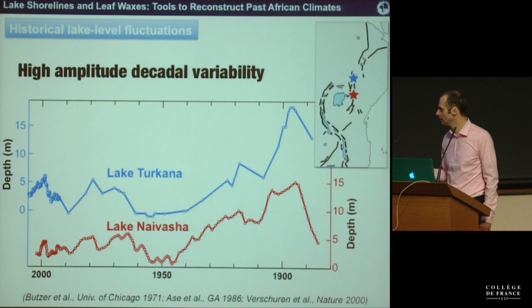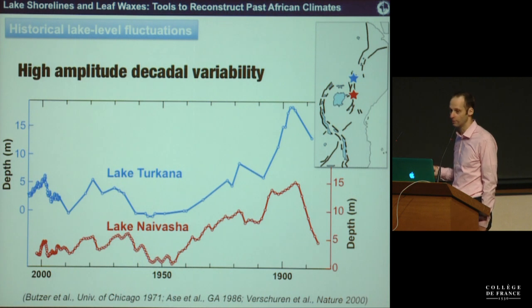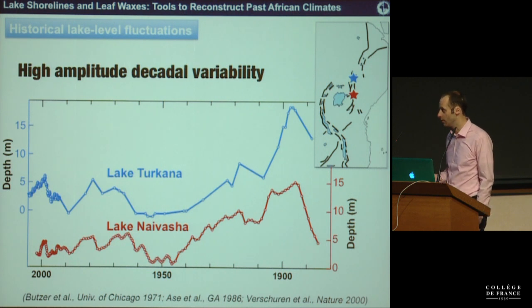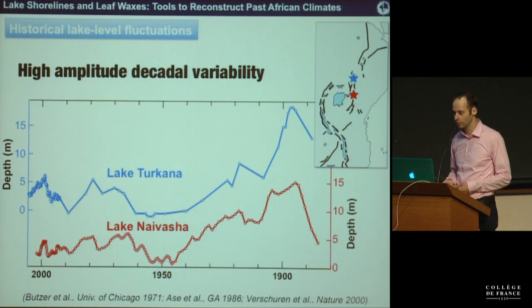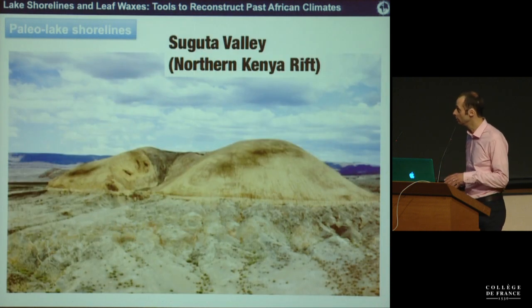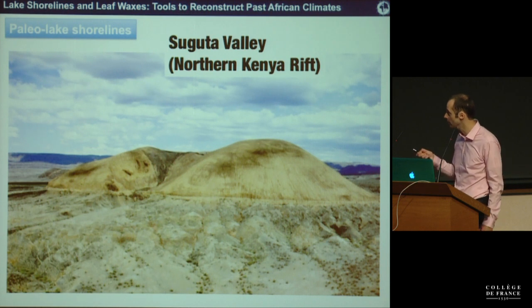So this instrumental data here, unfortunately, only goes back 120 years, and it can only give us insight about decadal variability. But we also want to know the centennial and millennial timescale variability, because this kind of long-term variability is very important to better predict the future variation of this lake. Since we do not have any instrumental data for this long-term variability, we need to find another source of information. So when you travel above the northern Kenya Rift, here in the Suguta Valley,